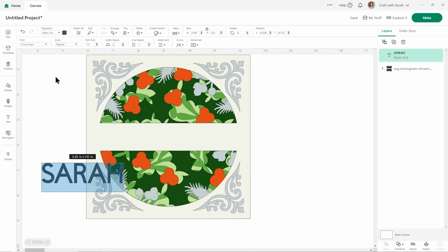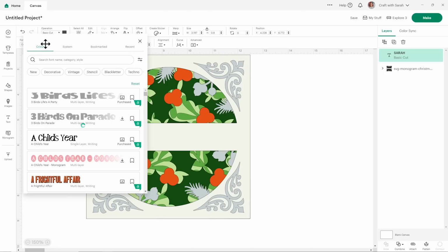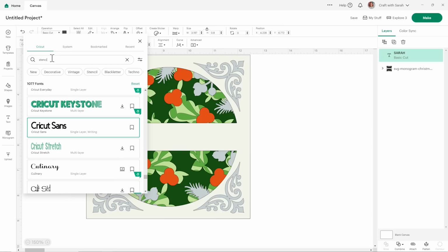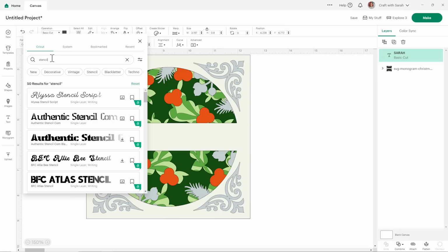I'll select this and then go into the font drop down. And then in the search, type stencil. This will filter to only show stencil fonts, and a stencil font is one that has little gaps in the letters, which means when we cut this out from our horizontal strip, it's not going to lose any middles of letters such as A's and E's and things like that. And I'll just show you with one as an example. This is quite an obvious example.